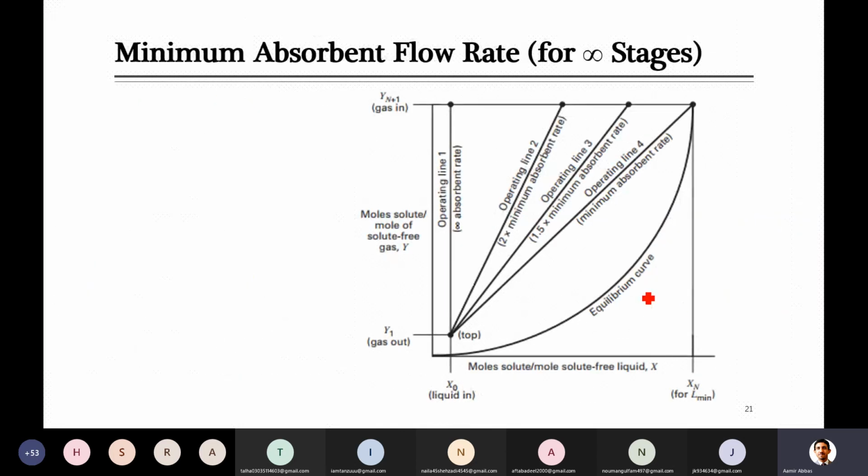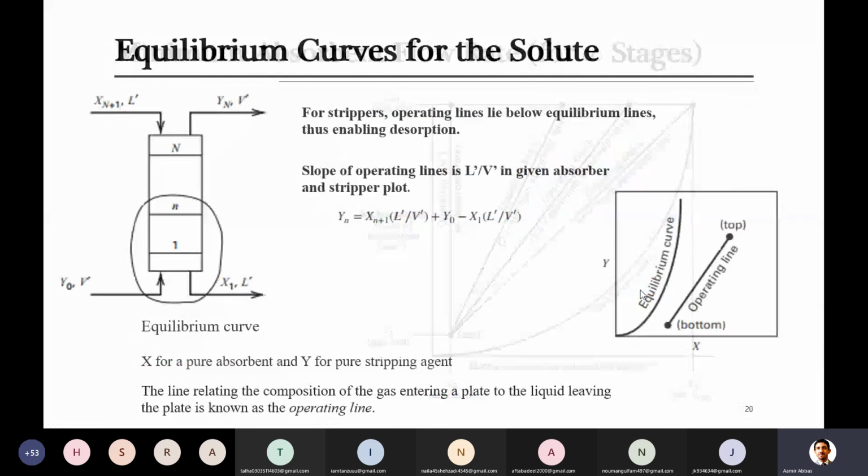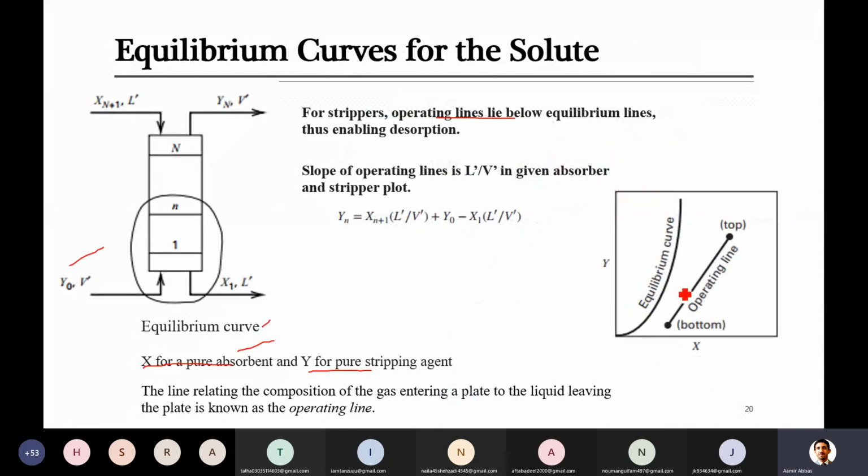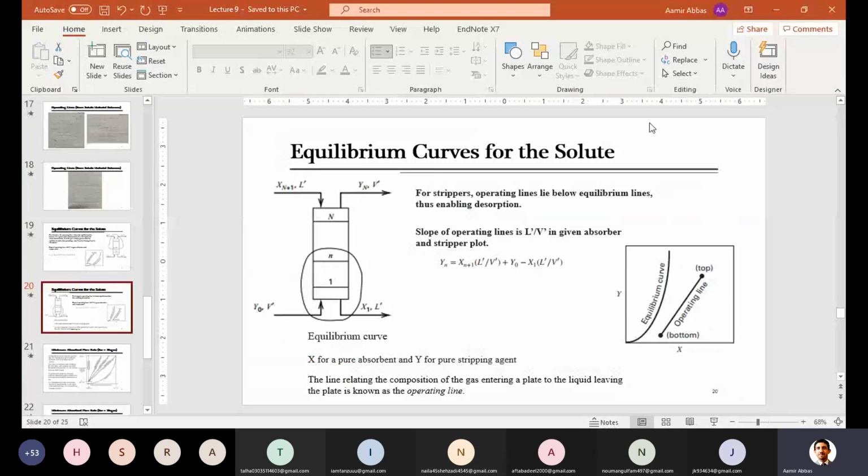So guys, thank you so much. From here tomorrow I will start to calculate the number of stages. Up to here you know how you can draw the equilibrium and the operating line. When you can draw these, then you can draw the number of stages, similar to the McCabe method. We will talk about this tomorrow as well. The minimum liquid flow rate or the actual flow rate, what that is and how it is calculated, is part of this. And with that I think we will finish it. We'll try to solve one problem related to this so that it becomes more clear to you. Thank you so much.